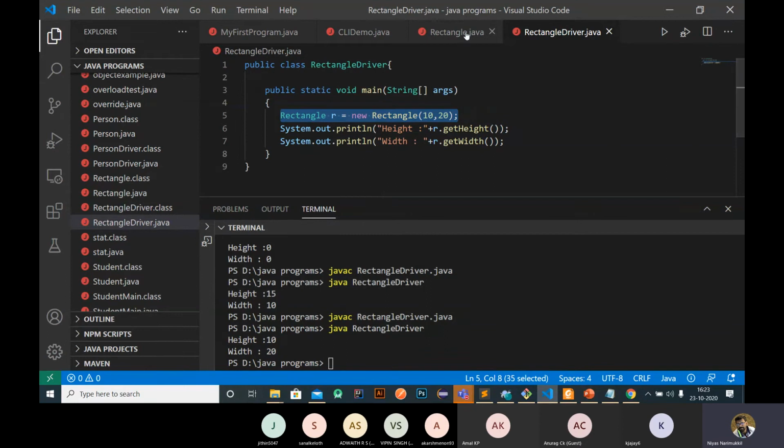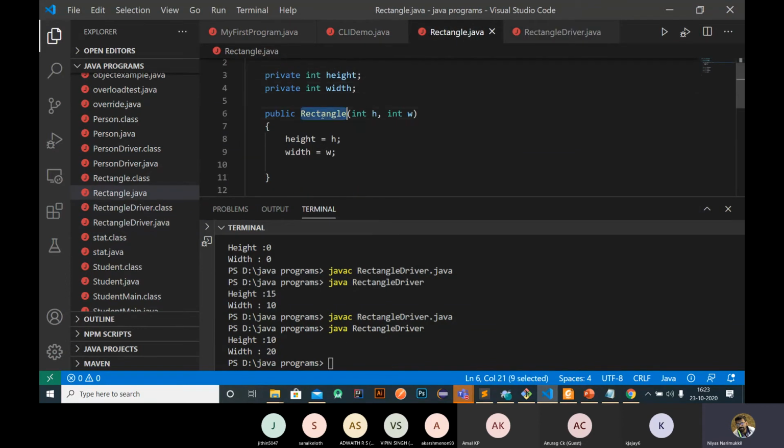Okay, here I just create a constructor like this that receives two integers, and I am adding this height as h, right, and width as w here, right? I am assigning the values of height and width with the help of these passed values.